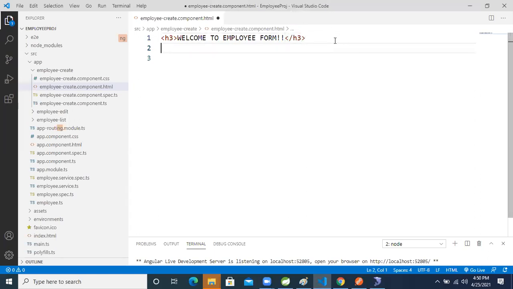I'm taking a form tag, and inside it we will write the logic. Inside that, form action, where I'm just taking a star symbol for now, and we will change it later when needed.